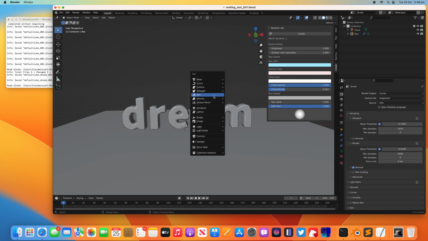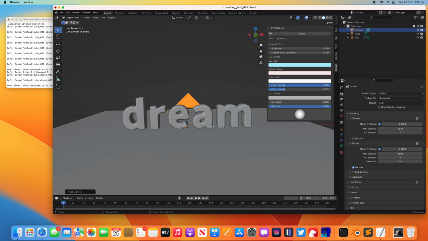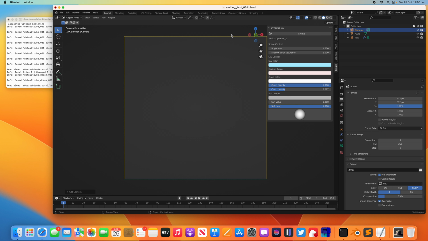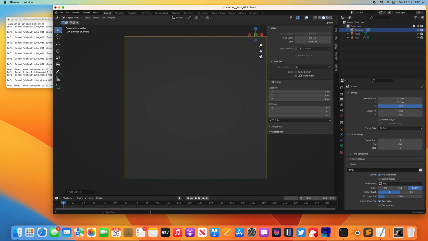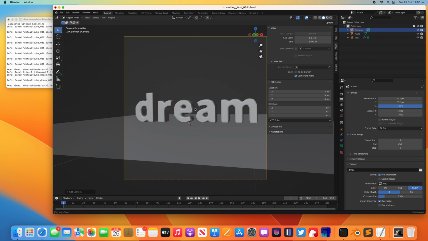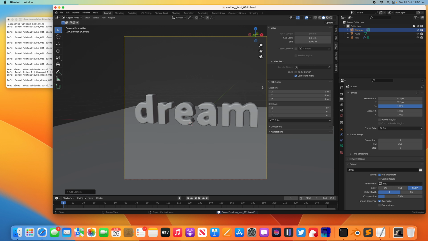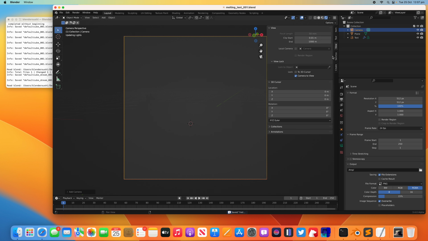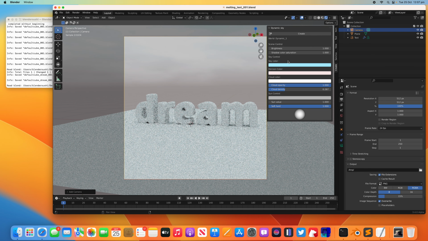Shift A, create a new camera. We need a camera for rendering. That's a good habit. I will make it 512 by 512. AI Dreams 512 by 512 is currently what we have. It's common. Still low res, but it's pretty good. Set camera to view so we can look from the camera and move things around. Okay, AI Dream. And if I now do a real-time render and then back to dynamic sky here,